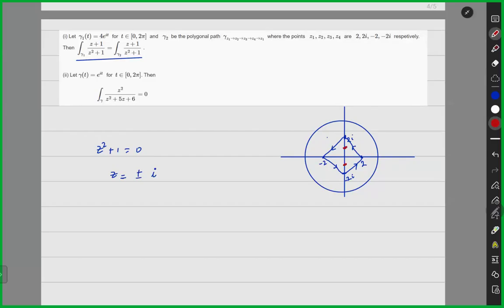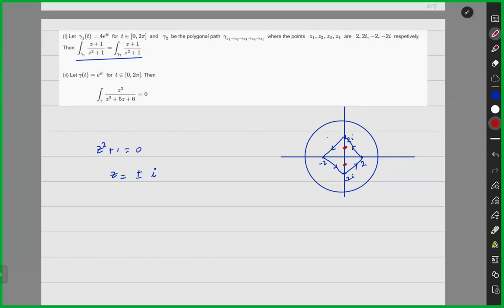So the function is not holomorphic, and the curve is not in a nice situation. In the classroom we have understood that if omega is convex and the function is holomorphic, and the second curve is a reparameterization of the first, then the integral is the same. If they are homotopic to each other, then they are the same. But here the function is not holomorphic. But